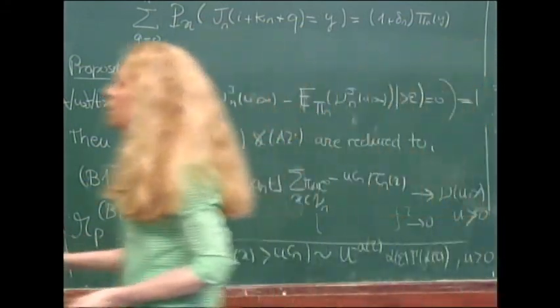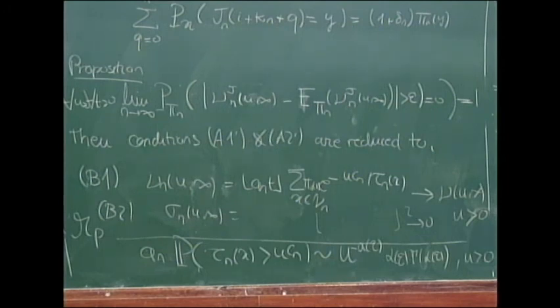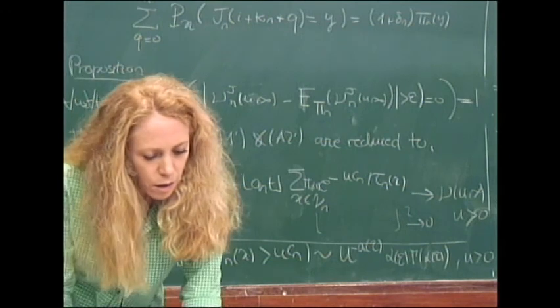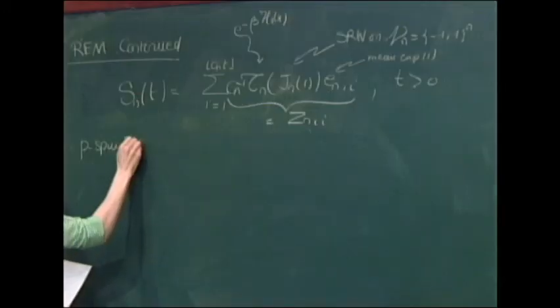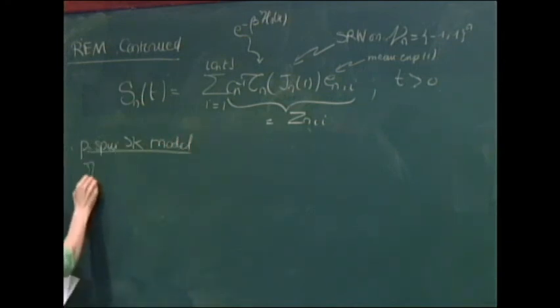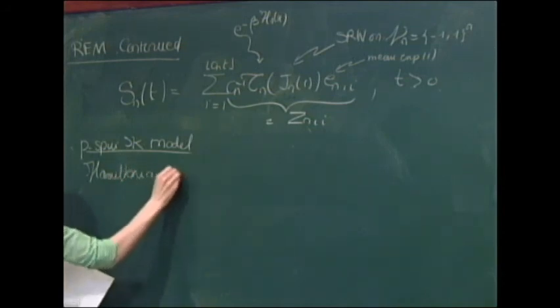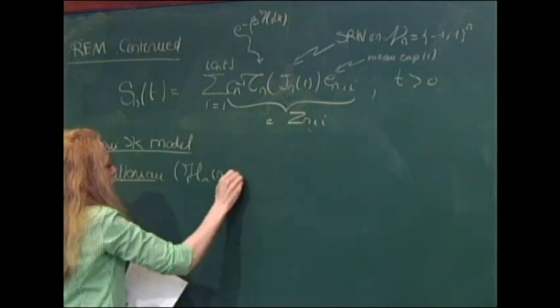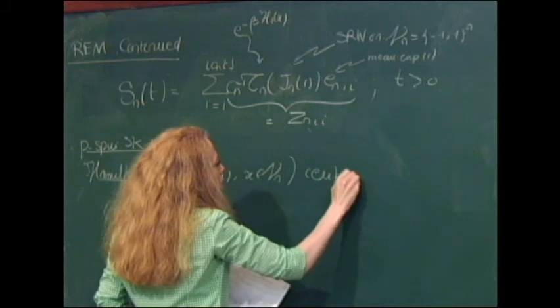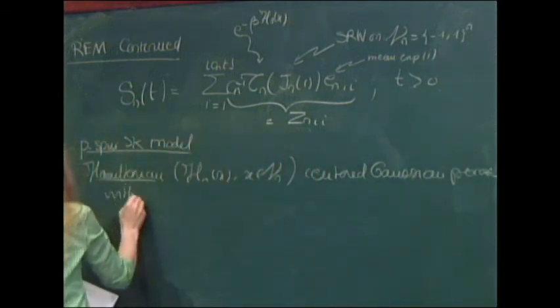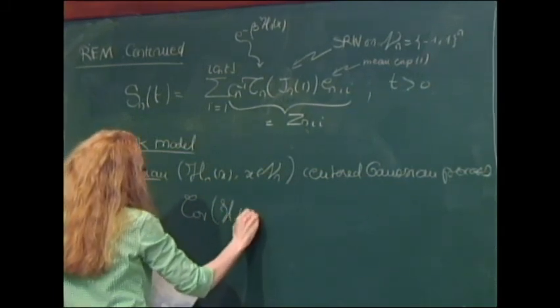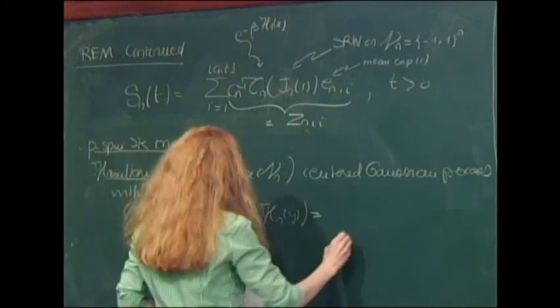So let me not erase everything and tell you how we proceed in the P-spin SK model. And let me first remind you of the definition of the Hamiltonian. In the P-spin SK model, the Hamiltonian now is a centered Gaussian process indexed by the hypercube, with covariance between H(x) and H(y) equal to n times